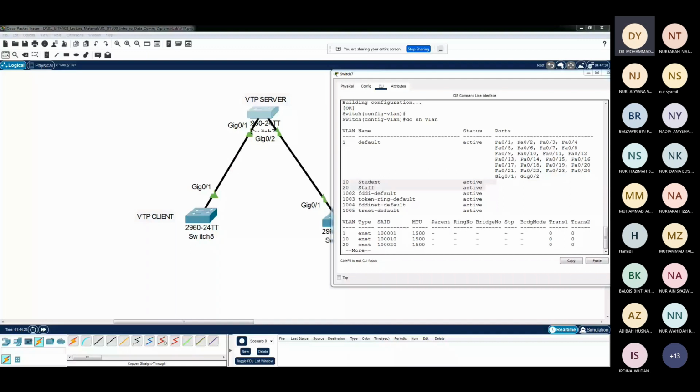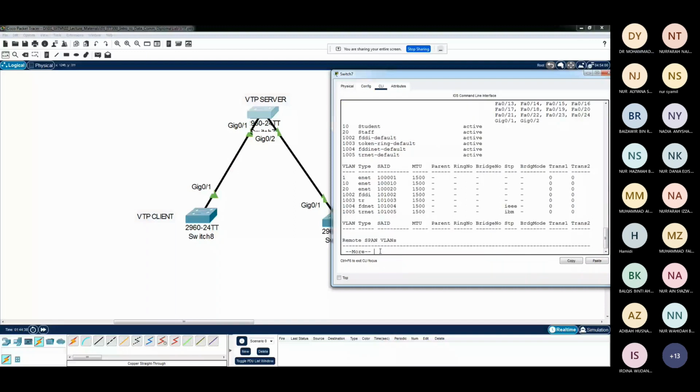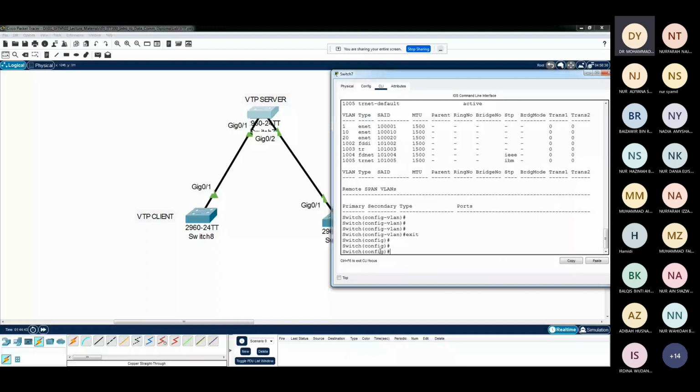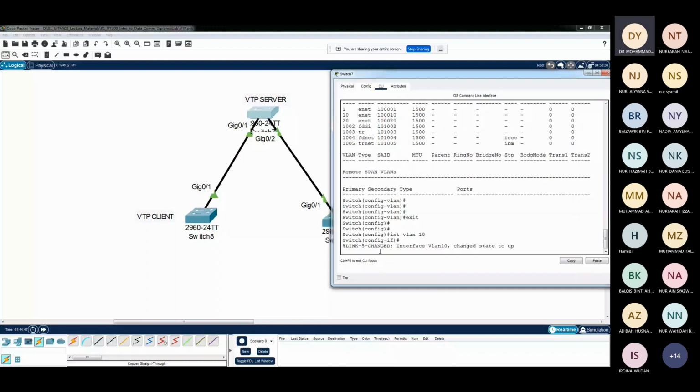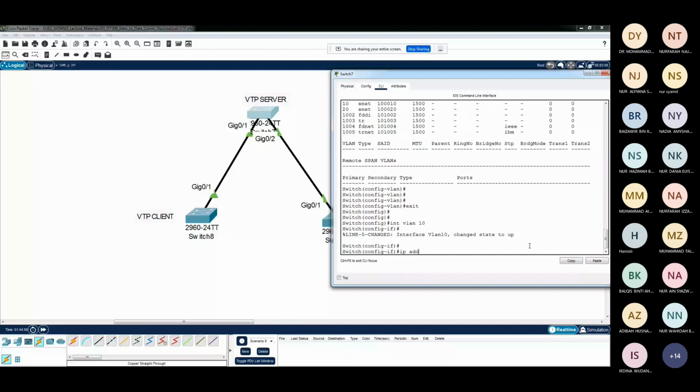Right, so never mind. But I hope this is very simple steps. Okay. And then exit, and on the VLAN interface. So interface VLAN 10. And now the interface VLAN 10 is changed to up. We give IP address. So IP address. So for VLAN 10, we give